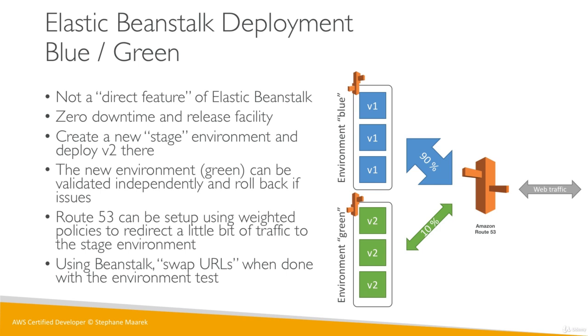And so when you're happy with your testing, when you measured everything you want with your V2 environment and you think you got it, then you basically shut down the blue environment and swap the URL to make the green be the main environment. So that's it for blue-green, right? It's pretty complicated and I think pretty manual in Elastic Beanstalk, but that's the way it is.